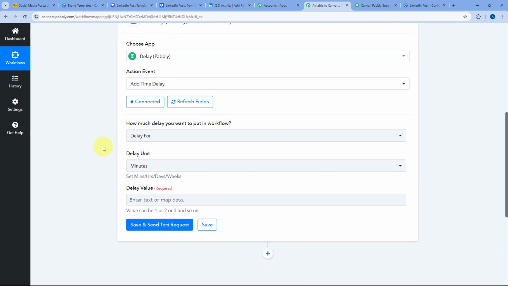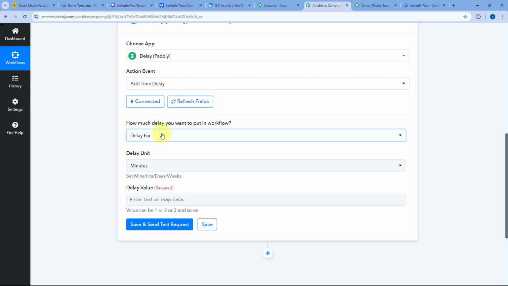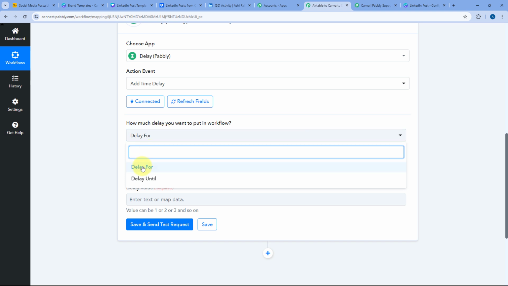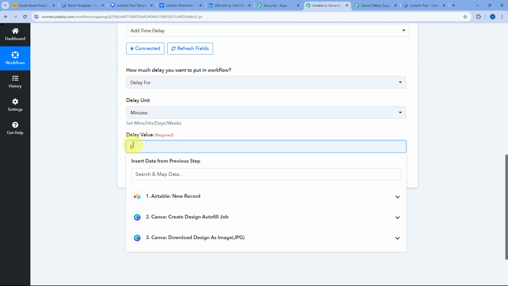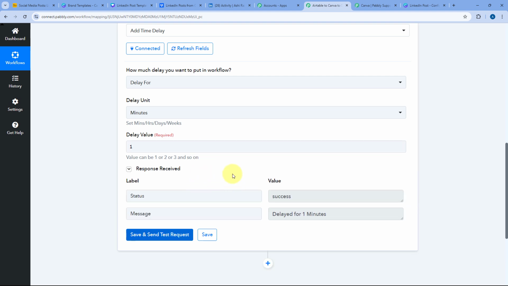And after clicking on Connect, it is asking us how much delay you want to put in the workflow. So because we want to delay our automation for 1 minute, we are going to select Delay for, and in Delay Units from the drop down, select Minutes over here. In delay value, we are going to enter 1 and click on Save and Send Test Request. Now when we click on Save and Send Test Request, here you can see we have successfully delayed this automation